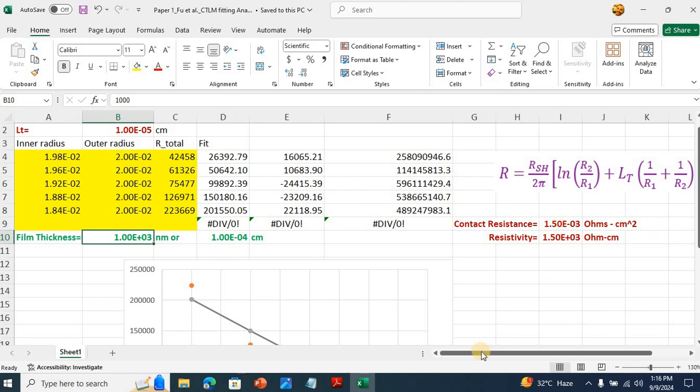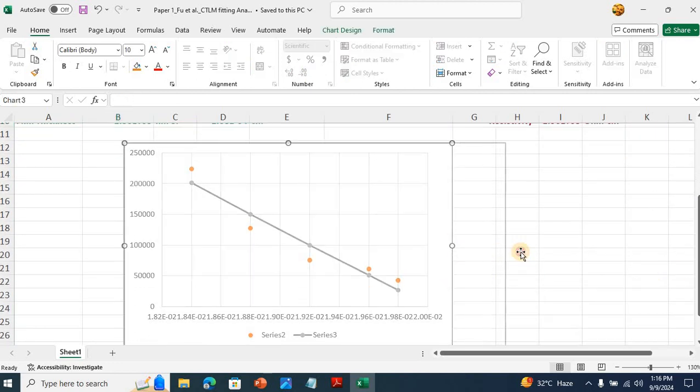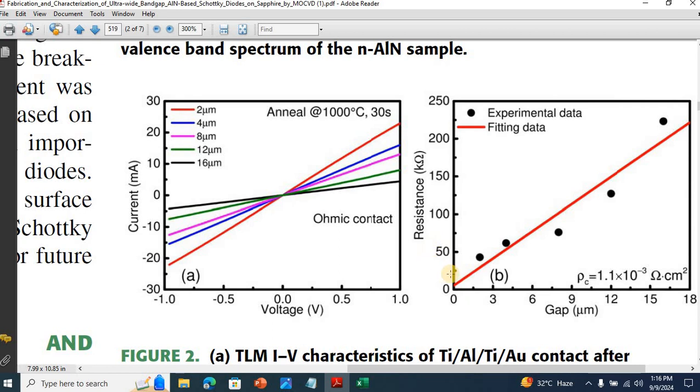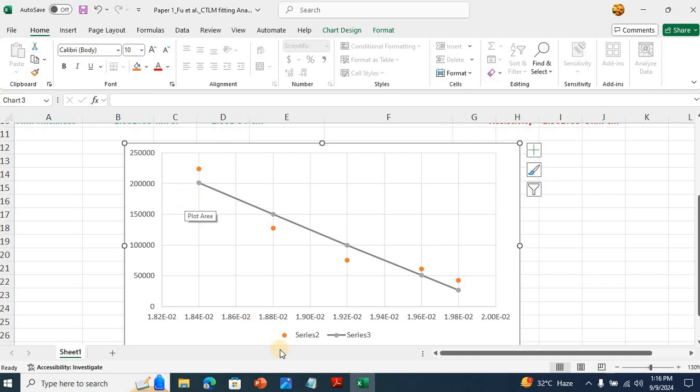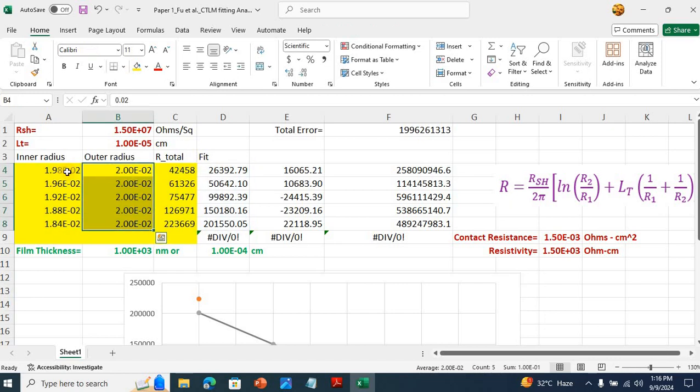For the fitting analysis, you can either plot, so let me increase this over here. In the paper, they have plotted resistance versus gap or the spacing, but you can also plot resistance versus the inner radius, because the inner radius is varying, right? So let me show you how it's done. This column shows the outer radius, which is fixed at 200 micrometers. Here the values are given in centimeters, and this column over here